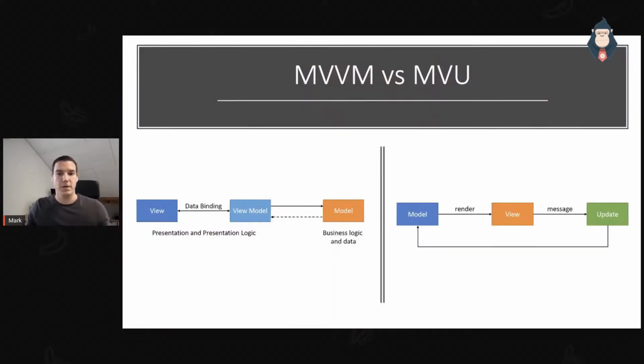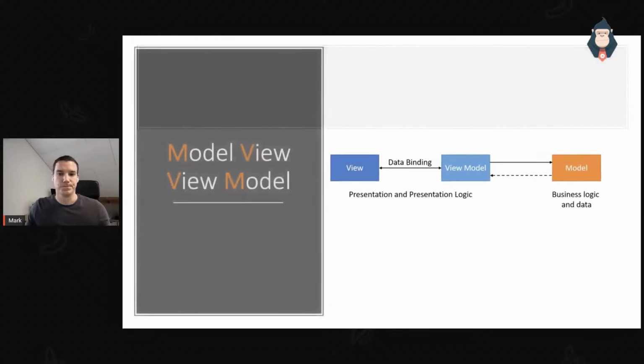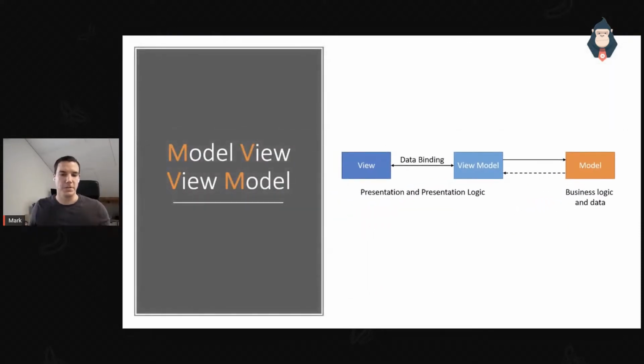So if we look at the MVVM, how that's built up, I'm not going into details here. We got the view, we can do bindings, and the bindings are properties on our view model, and they're executed. We got the commands going on, and that's how MVVM works. And we got the models. And the model can be a POCO, but it can also be a service. So all the rest of the application is then in the model layer.